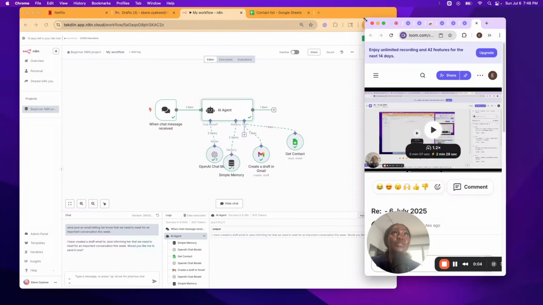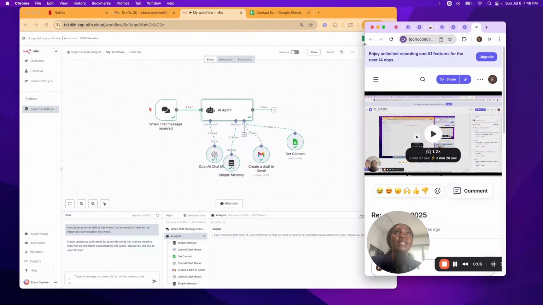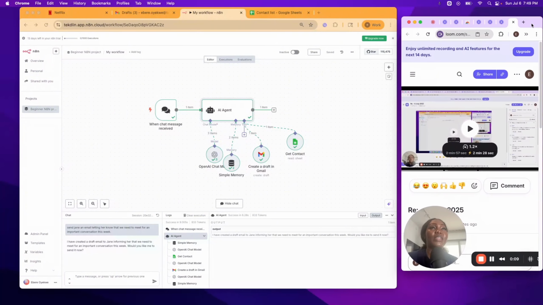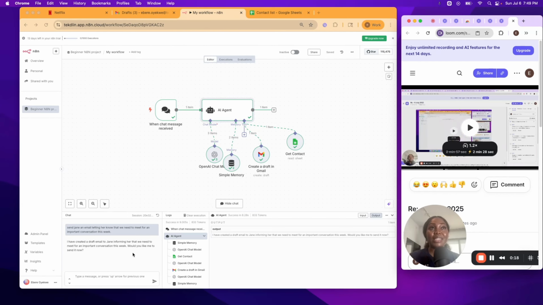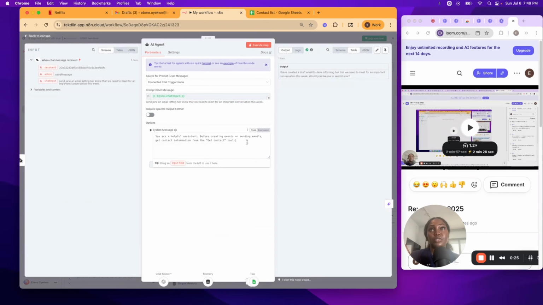The last thing we're going to do is just hook up our calendar to what we currently have. As you guys can see, this can send any email to your contact list based on the emails you have on Google Sheets. I'm going to do two things. Actually, give it a sign off message. So I'm going to say sign off on emails as, let's just say, Nello Techie. And then after this, I would say current date and time is